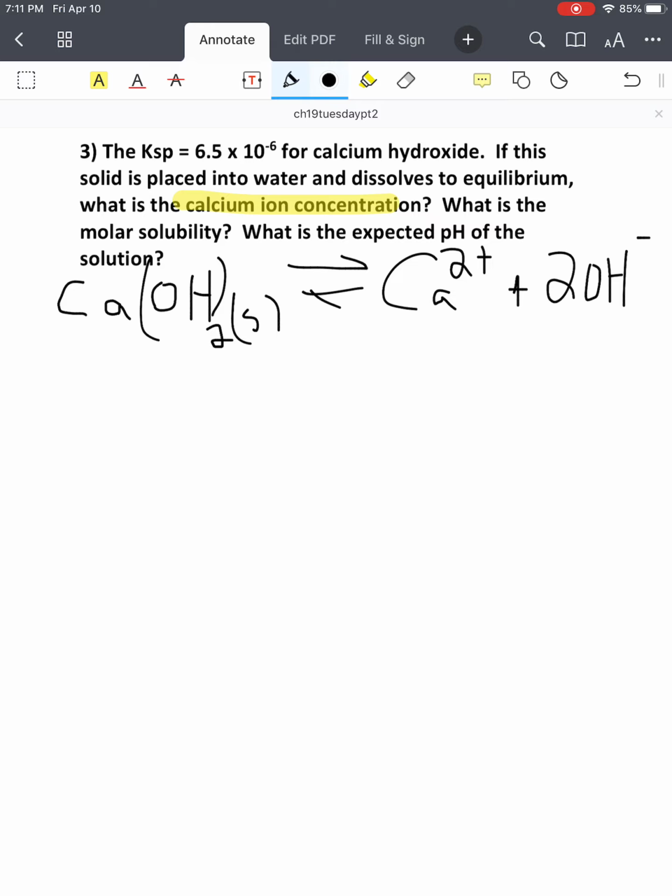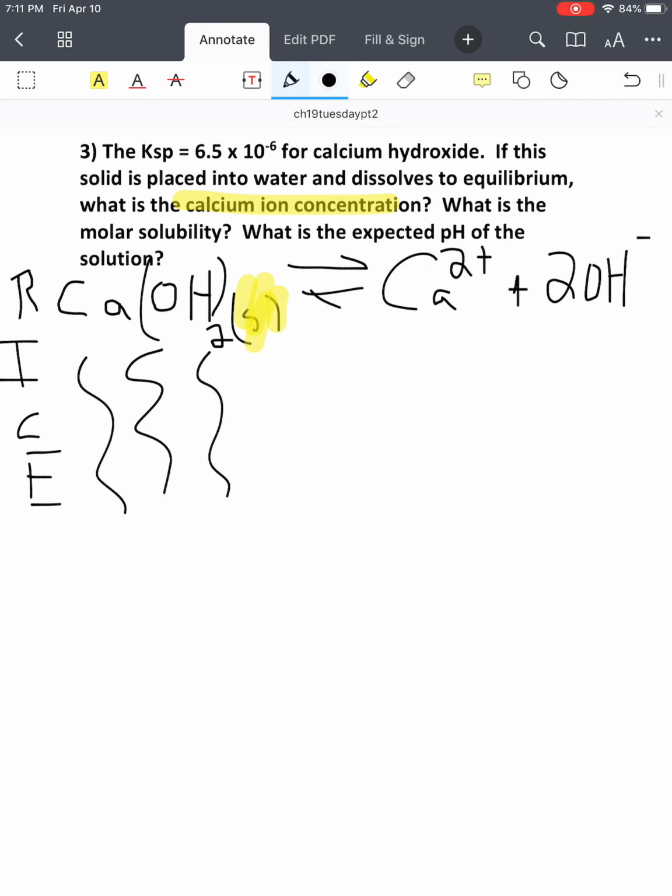Now we proceed by the usual route. When we're working equilibrium problems, we become accustomed to using this ICE table approach. Fortunately, when we're dealing with dissolving solids, that material on the left is always a solid. We don't even need to keep track of it because it doesn't appear in our equilibrium constant expression. As long as some of it is there, we can establish an equilibrium, and if some remains present inside the beaker,